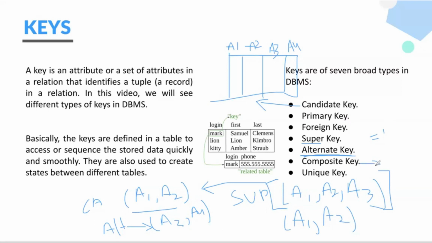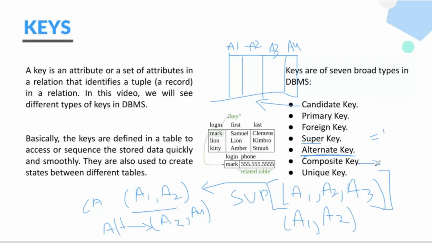So guys, each and every key is revolving around the same thing, right? It can be confusing initially, but keep on revising this and I'm pretty sure you will get a hold of it. So unique key, the name itself suggests, if you're combining one attribute or more than one attribute, and